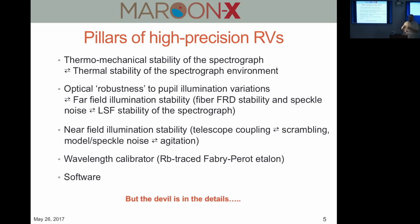and that you have to make certain assumptions very early on to set your specs for the parts of the instrument that you outsource. And of course, then you basically have to ask yourself, in terms of calibration, what do you want to do? We basically decided to build a pupil etalon, a white light etalon that is traced with a rubidium cell, and that, as you will see later, gives you basically a comb-like spectrum